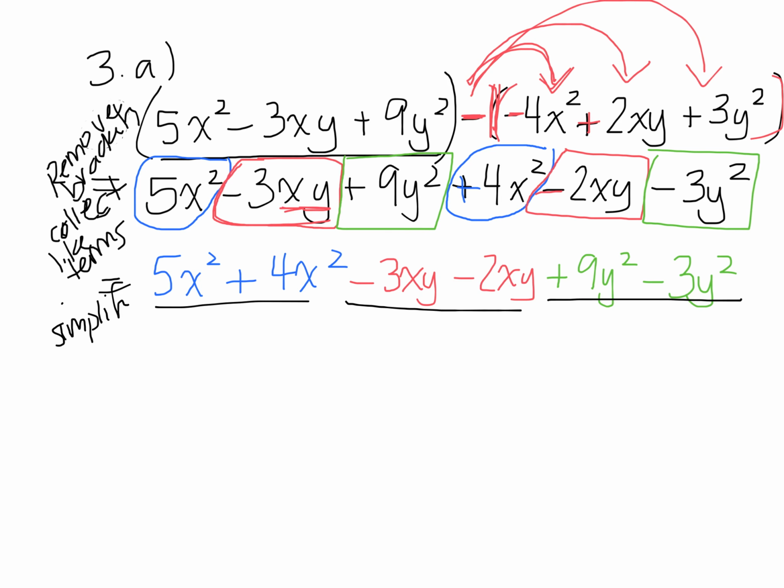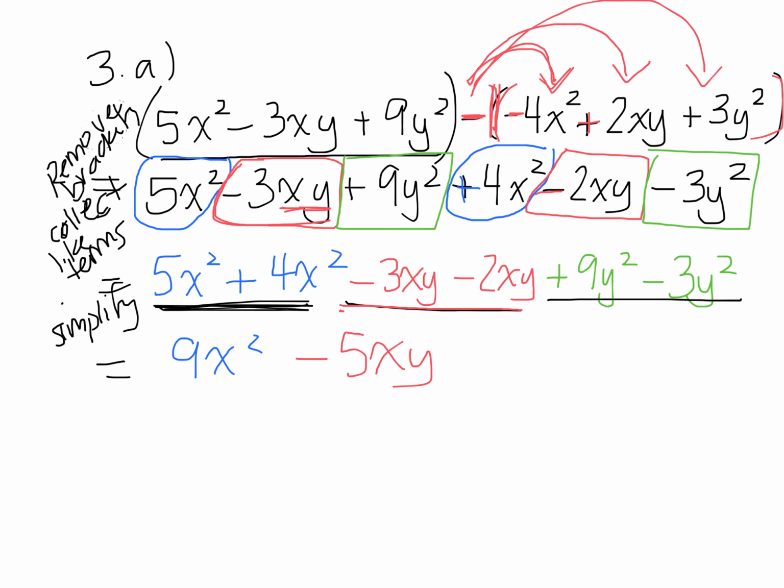I'm going to take my like terms and I'm going to add them or subtract them, whatever the sign is. So the first one is 5x squared plus 4x squared. What's 5x squared plus 4x squared? What's next? Get the next part. So it's negative 3xy, take away 2xy is... And then the last part,